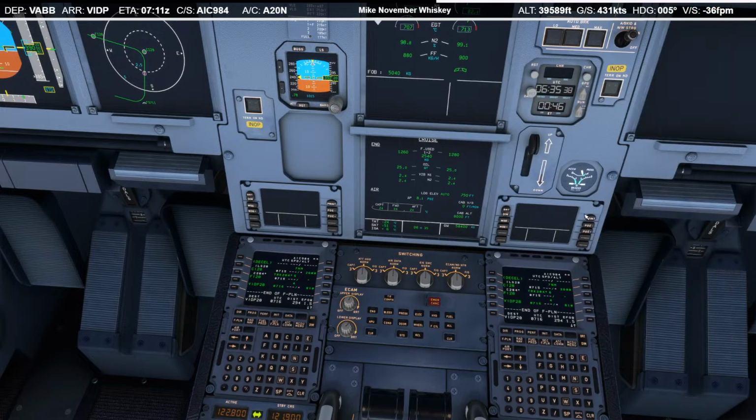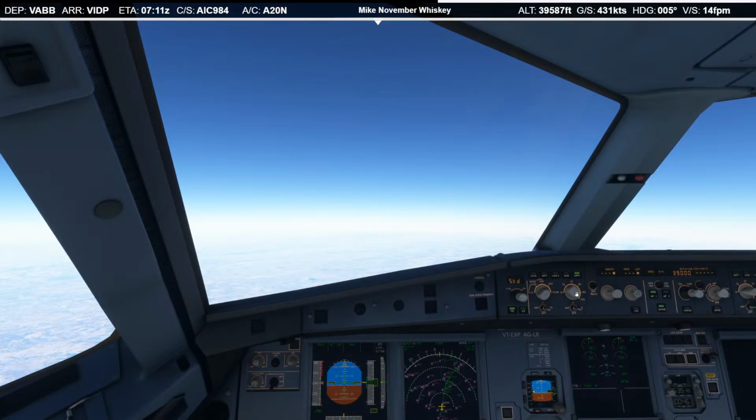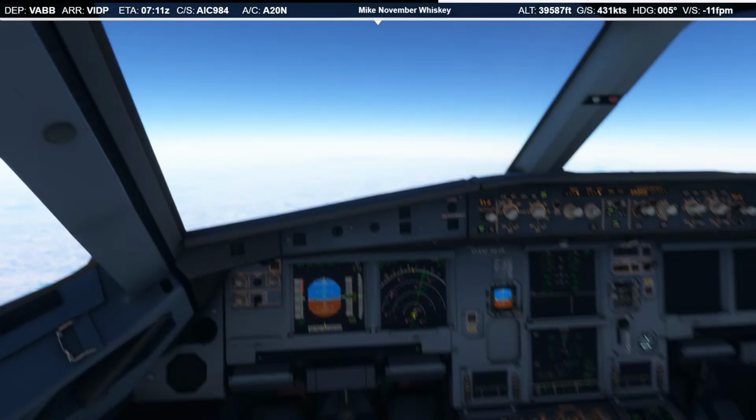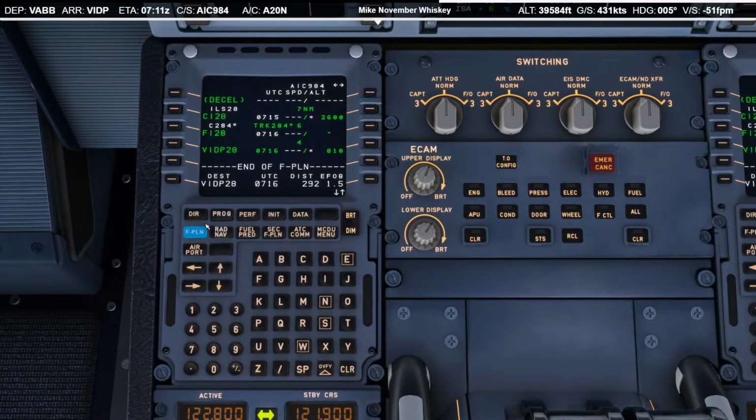If control comes online, then we won't even need to worry about it. They'll just vector us in. Alright, so that is done.